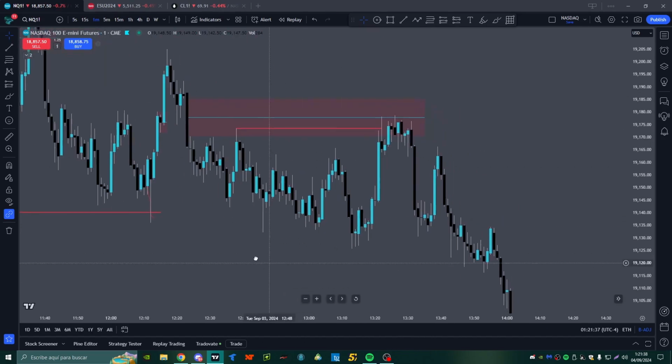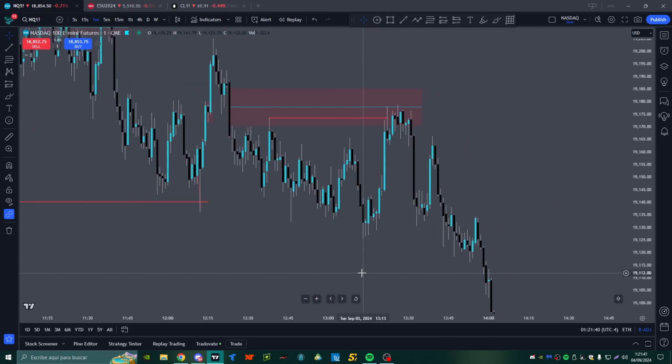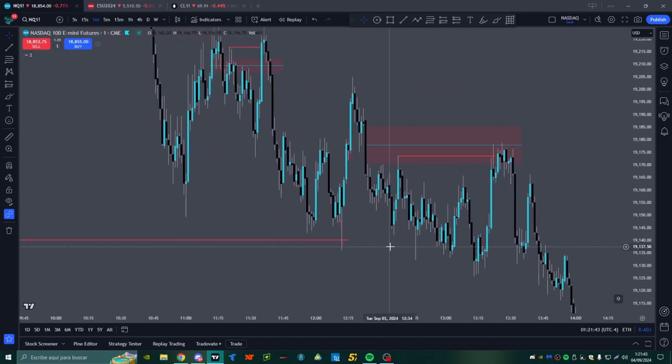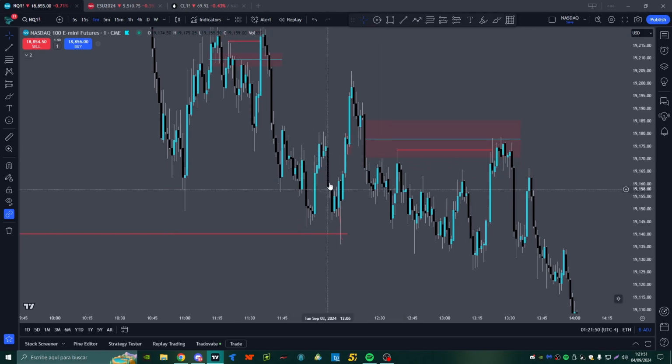So these are the imbalances I want you to focus on. If you don't have experience in ICT, don't start using more imbalances. Why? Because I assure you that something similar to what's here will happen to you. The price actually hasn't created a significant imbalance, or it creates an imbalance after already doing something, and you might suddenly want to short from here, or sometimes the price is falling, and you see an upward imbalance, and you